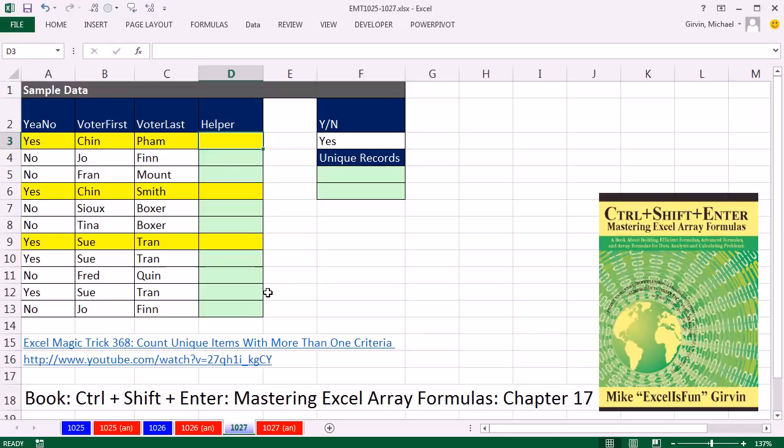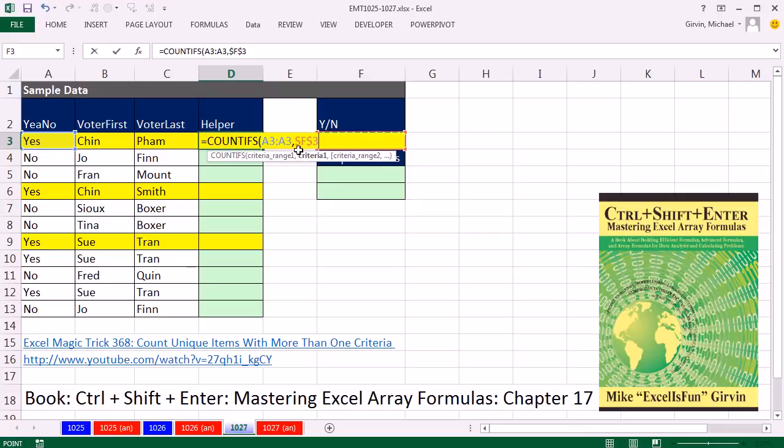Hey, the helper column is going to be very similar to what we did last video for conditional formatting. We can use the COUNTIFS. Now, we have three conditions. We can count yes and then the first and last name. If we were doing that for Sue, this would be the first occurrence. This would be the second occurrence. This would be the third. So we can use expandable ranges. So I'm going to click on A3, colon, and then a comma, and click on my criteria right there and